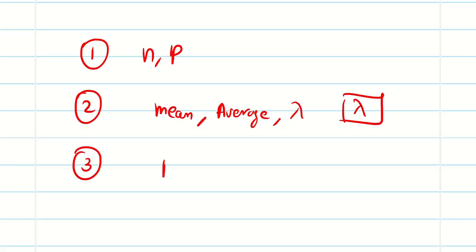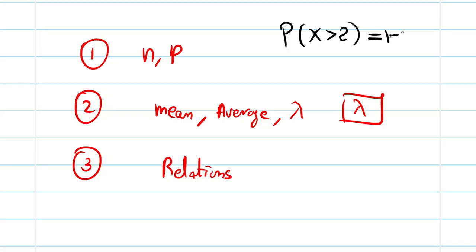And third, they will give some relation, like we just saw in the previous problem, a relation between two different values, and from this we have to find lambda and then find some other values. So these are the three kinds of problems that can be asked in Poisson. Also, just now we saw if it goes more than 2, like something to infinity, use the formula